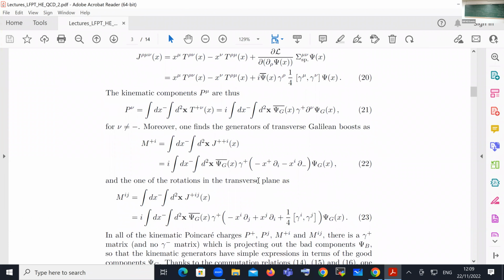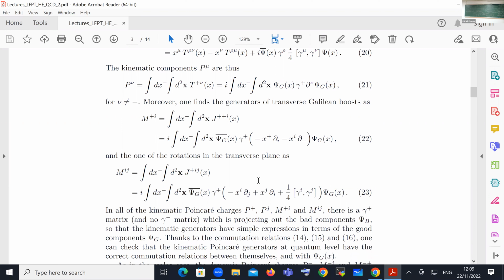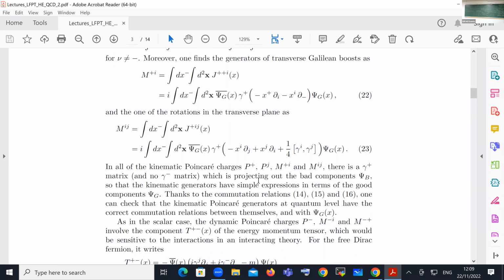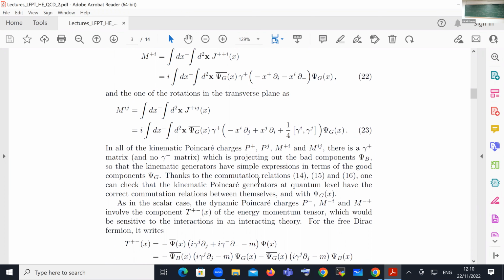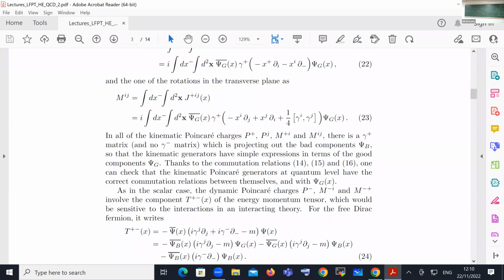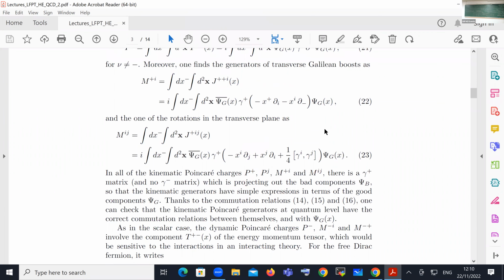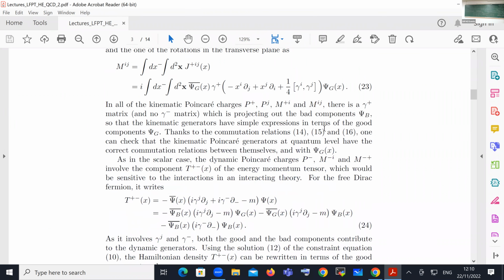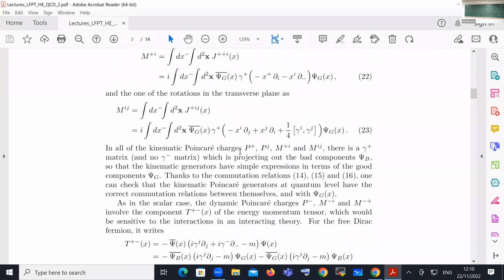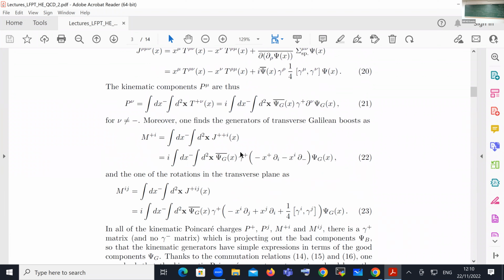So again, the bad component is the dynamical part of the field. So okay, this is fine. You see, the bad component is an auxiliary field, and it doesn't even appear in all these kinematical transformations here. But now, if you look at